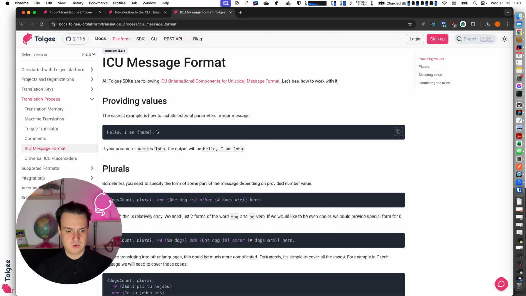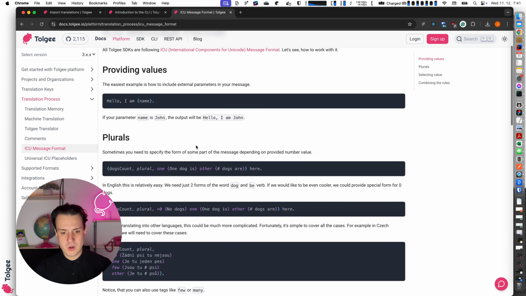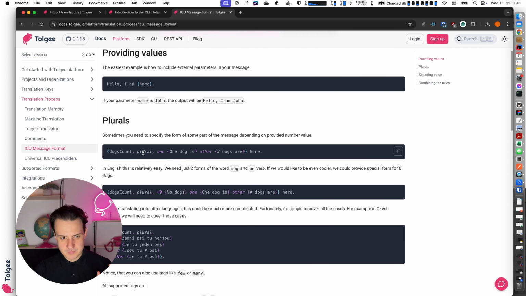in the string. So when I would like to provide, for example, some parameter, like in this case name, I have to wrap it into the curly brackets, like it's here. When I would like to provide a plural, I use this kind of syntax where I define the variable name or the placeholder name. I say the type of it. So in this case, it's plural. And here I can specify all the plural forms. For English, this is easy because we have just 2 plural forms, one and other, and we are fine with